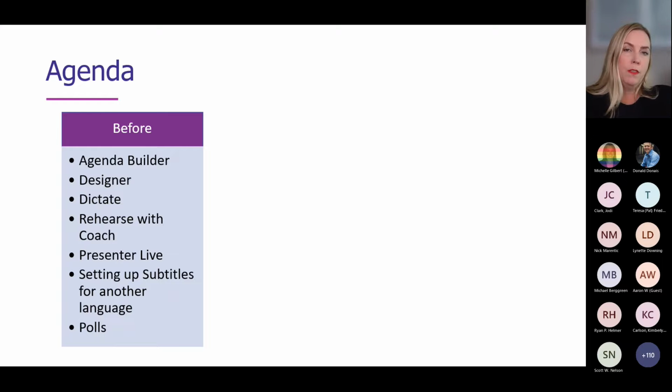So we're going to go through some of the newer things that have come about in the last year or so to several different Microsoft 365 applications, like Designer and building an agenda, Dictate, how that can help you creatively put together a presentation, and other things that can help you engage in different ways, like Presenter Live. We'll be trying a lot of these things out in real time, so have your mobile devices handy if you want to try out Presenter Live with me, because you are going to need to take a picture of the QR code or type in that address to get into that.